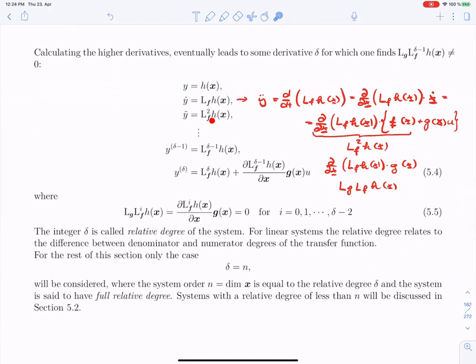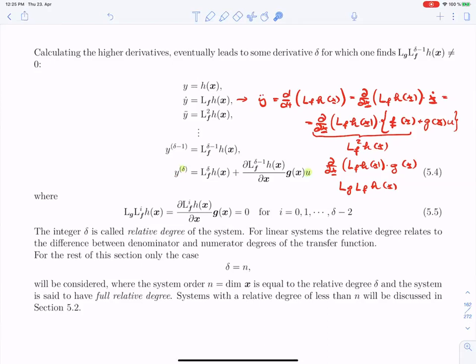And what we do here, you see that this derivative doesn't show up here. We assume that almost all of these derivatives with respect to the input vector g of x are 0. Okay, so we assume that those derivatives are 0 for the basic function, for the output, for the first derivative, for the second, for the third, and so on, all the way through theta minus 2. And then only in the derivative which is here indicated by theta, we see the input. Okay, so this is the normal situation. Whenever you model a system, and you will see this by a number of examples in a minute, we see that certain outputs are not influenced by the input u, and only once we arrive at a certain derivative,